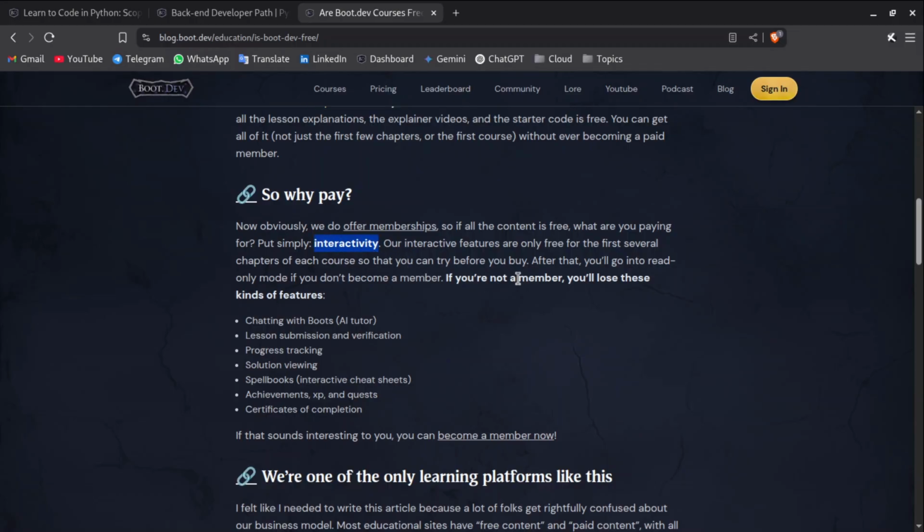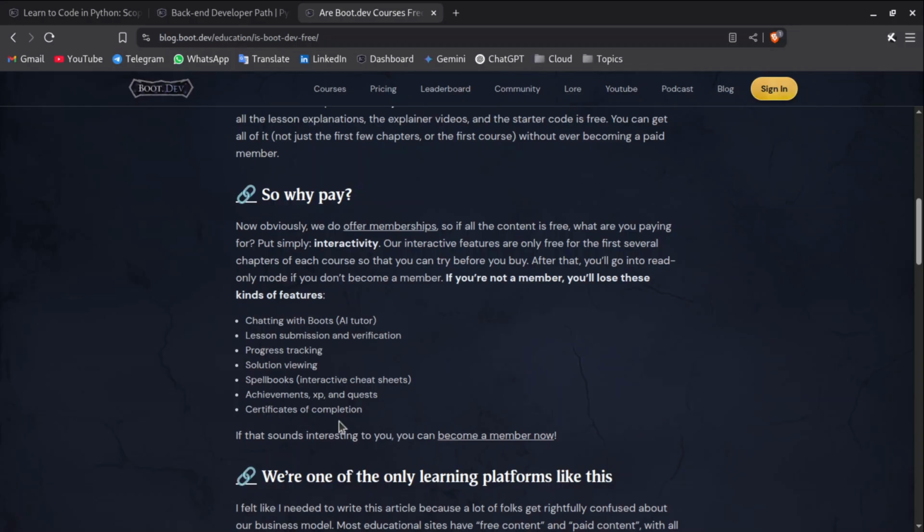If you are not a member, you will lose features like Boots, which is the AI tutor, the lesson submission and verification, progress tracking, solution viewing, spellbook, interactive sheets. This is such an amazing feature. Achievements, XP and quests,